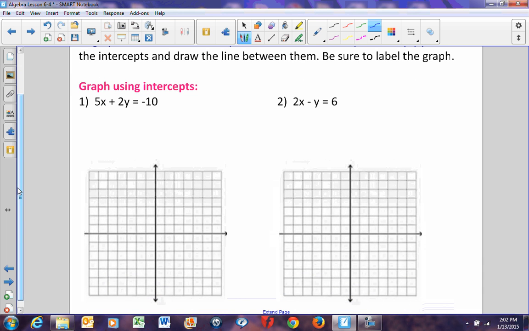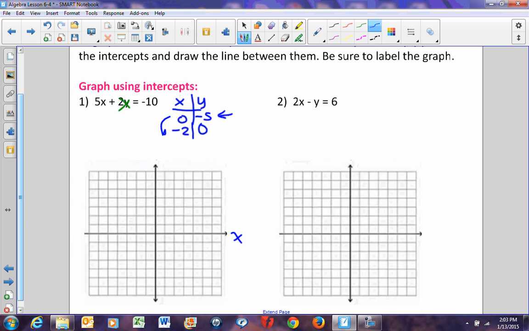If I wanted to graph 5x plus 2y equals negative 10, I'm going to make my little x and y table. If x equals 0, I have 2y equals negative 10, so y equals negative 5. If y equals 0, I have 5x equals negative 10. Negative 10 divided by 5 is negative 2. So my two intercepts, if you want to, you can read the point. This point is 0, negative 5, or you can either read this, the x-intercept is negative 2,